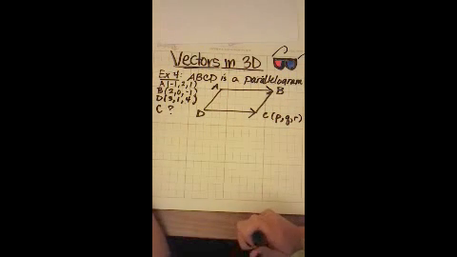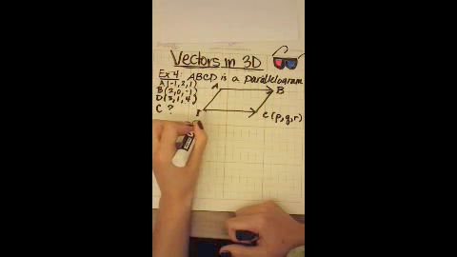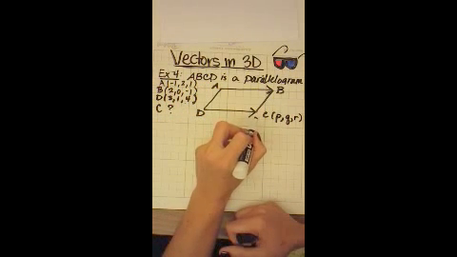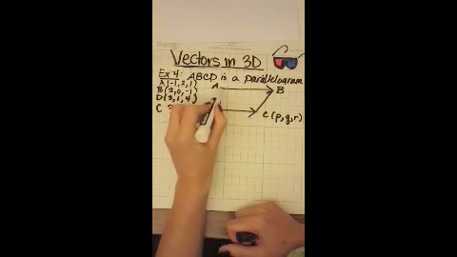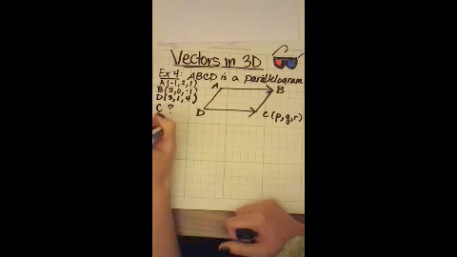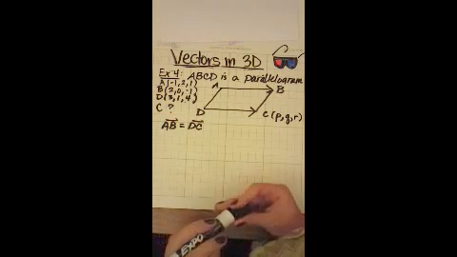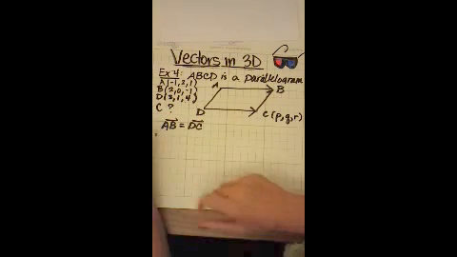Alright, because this is a parallelogram, I know that this side, AB, and this side, DC, are parallel, and they're also equal. That means vector AB is equal to vector DC. And I'm going to use that to find the coordinates of point C. So vector AB